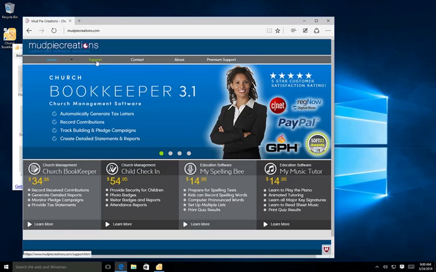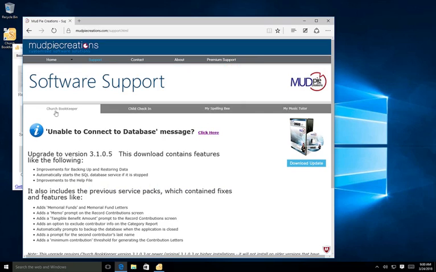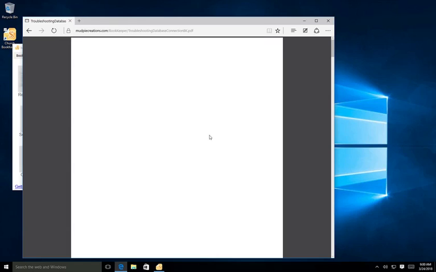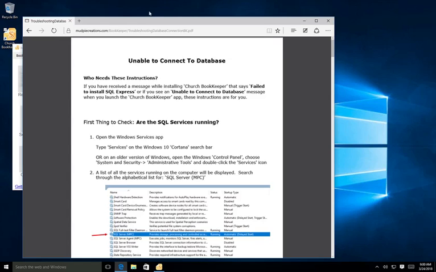then go to the support page of our website. Make sure that the Church BookKeeper tab is selected, and here you see Unable to connect to database. If you click here, then it will bring up the troubleshooting guide, and this is always the most current version